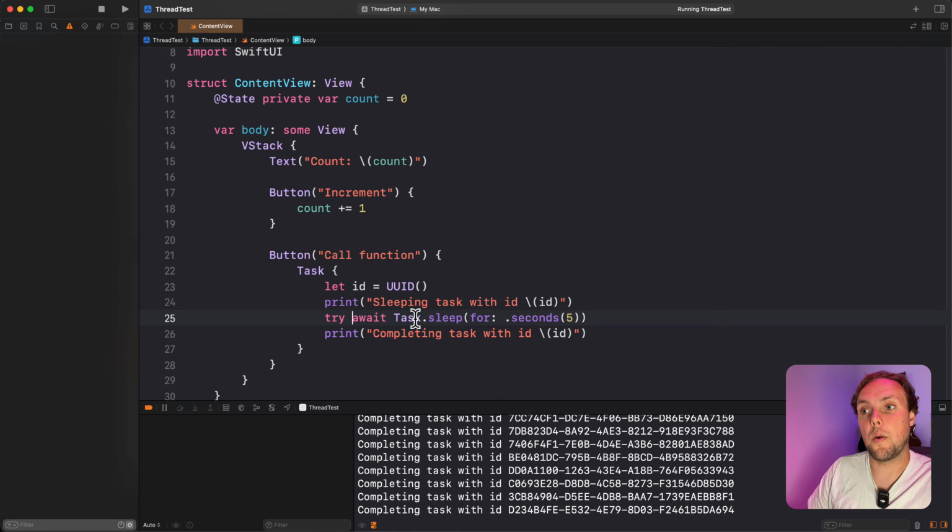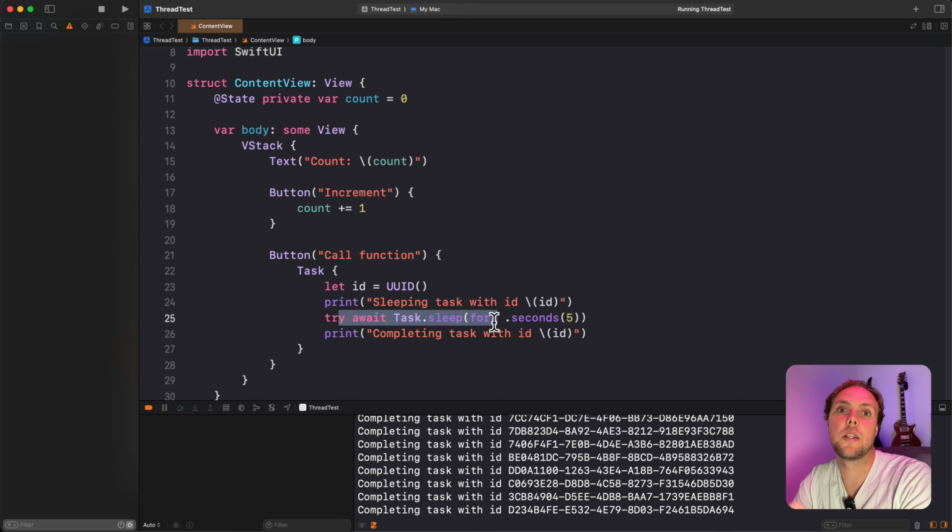Now let's see what it's actually doing, because we make a task and then we sleep it. So the task is suspended. And when a task suspends, it actually frees up the thread that was running the task. So as we schedule more and more tasks that will be sleeping, threads will be able to pick up those tasks and start running them. Now let's actually do something different and say